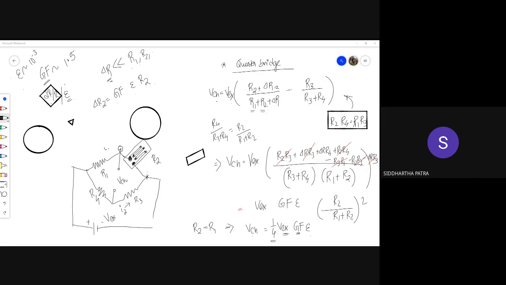order of 10⁻³. So when you have this expression R1 plus R2 plus delta R, of course I cannot do that same exercise in the numerator. You see, in the numerator ultimately it turns out to be R4 times delta R, right? But in the denominator it turns out to be R1 plus R2 plus delta R. When you have a much larger quantity being summed with a smaller quantity, like adding 1 to 1000 gives 1001, you roughly take it as 1000. That's the idea.